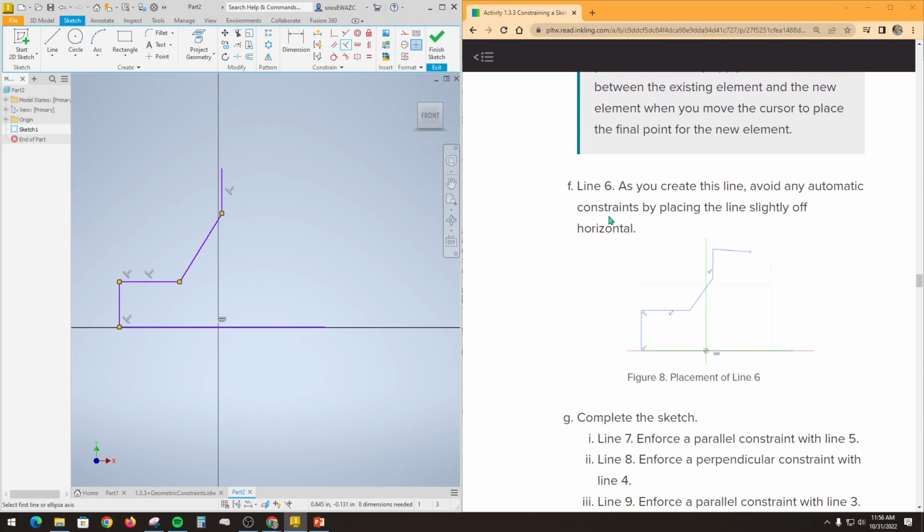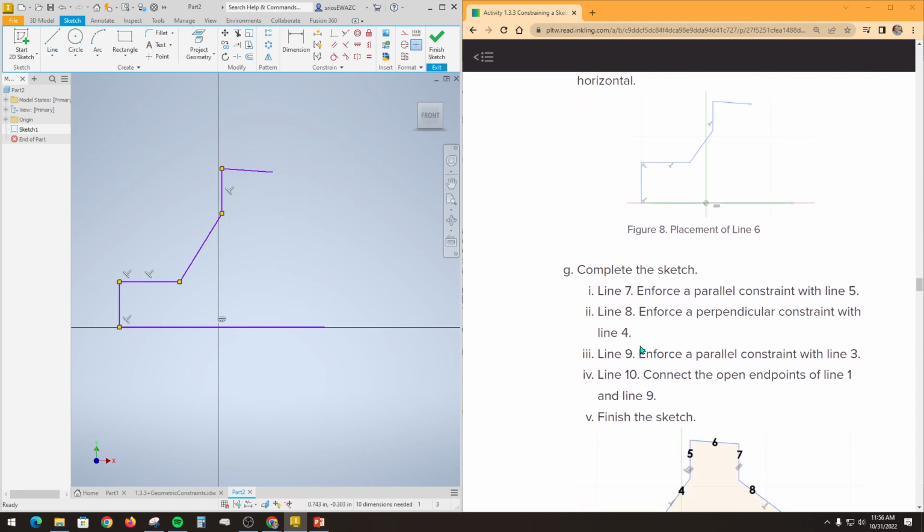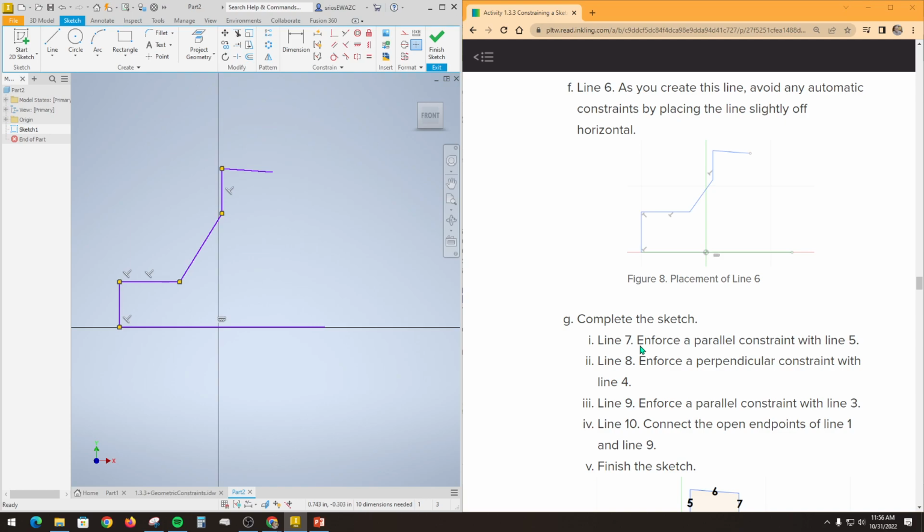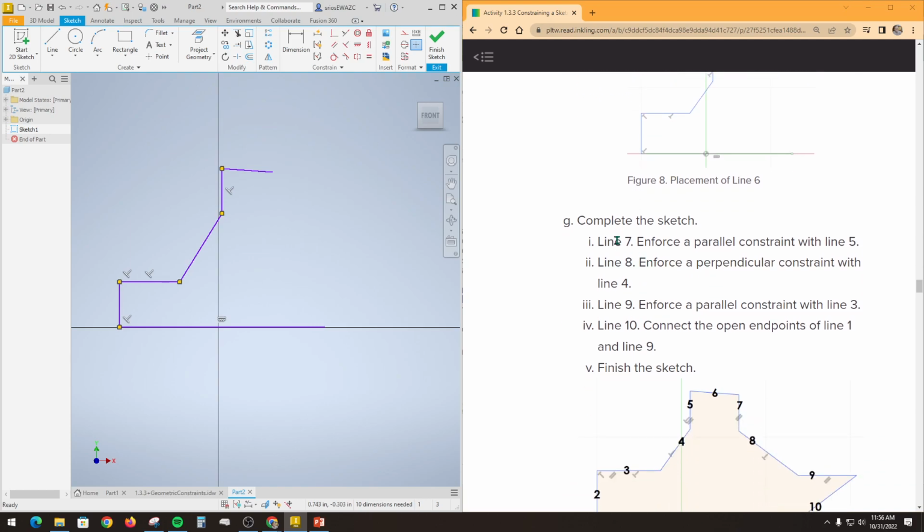Line 6. As you create this line, avoid an automatic constraint by placing the line slightly off horizontal, which means a little bit crooked. So I'm going to insert a line right here, a little bit crooked. And we're going to apply the horizontal constraint. Oh no, it says we're going to insert another one, line 7. From here, here,